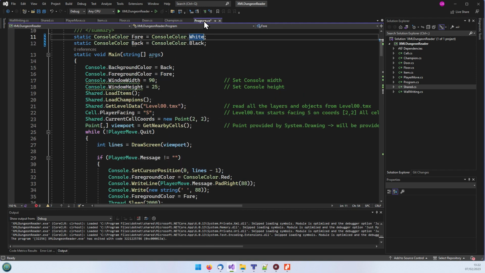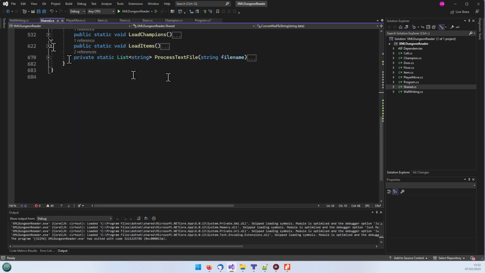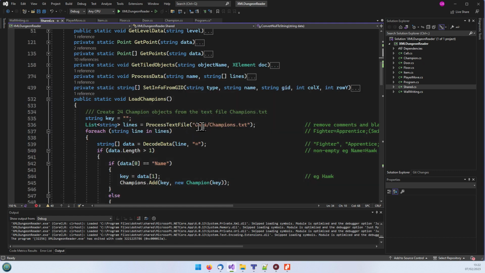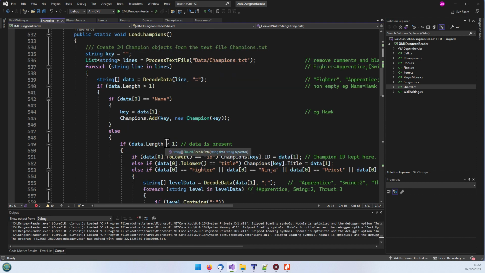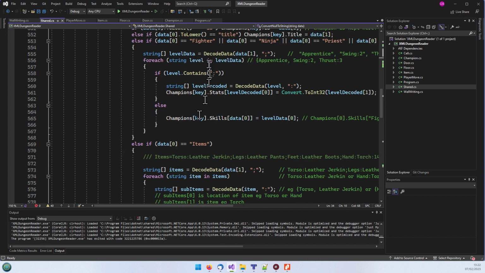Let's go back to program.cs. Similarly, now we're going to load in the champions. So that works on a similar principle. It uses the shared library again. So we can close off the load items, we're now going to load the champions. So again, it takes the data champions.txt file, processes it by getting rid of empty lines and comments, and then goes through each one again to add a new champion and decode the data in those lines,